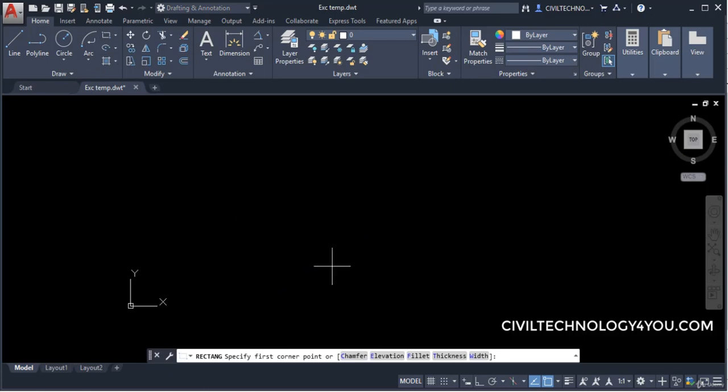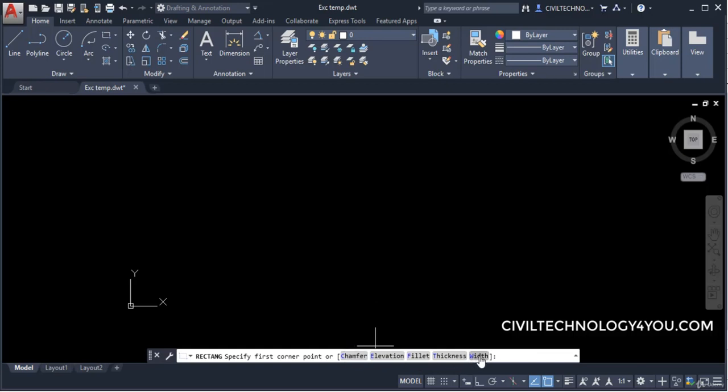I will click here to activate this one, and at the command line you can see some various options here also, like chamfer, fillet, thickness, width, okay, elevation. So we will just look at these commands like chamfer and fillet in the next tutorials, but right now I will just give you the procedure for how we can draw through fillet, width and chamfer.